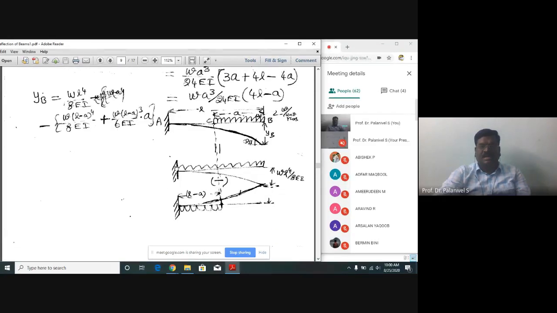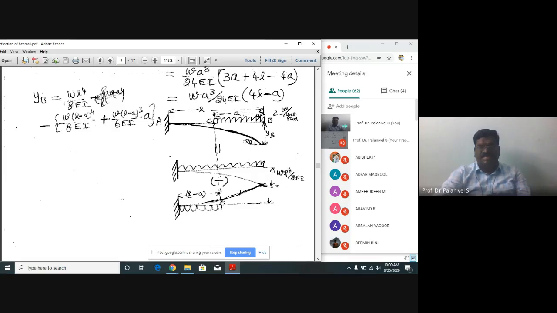See here, we have a cantilever subject to UDL fully, minus a cantilever subject to UDL at support, that is near the fixed end. This minus this is equal to this beam, right? We know the deflection of the free end of this beam, that is W L power 4 divided by 8,